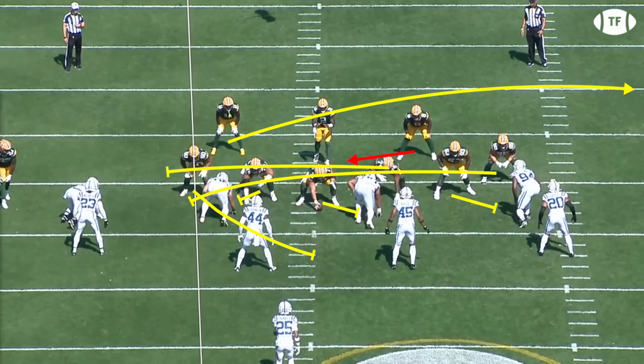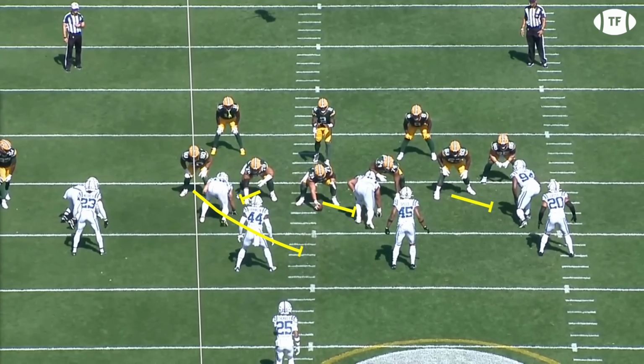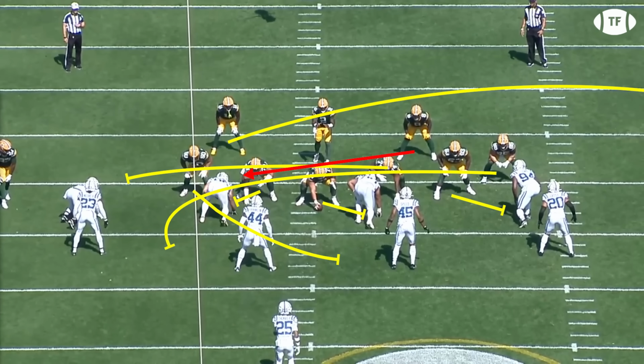Starting with gap schemes, we're going to draw up a basic counterplay, where the line will down block to wash the defense away from the rushing lane. Then there will be 2 pullers. The first aims to kick out the edge, creating an alley for the second, with the back following them to daylight. There are 2 basic theories on how to fit this,